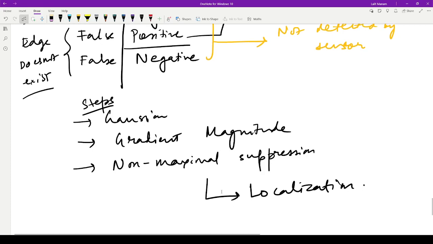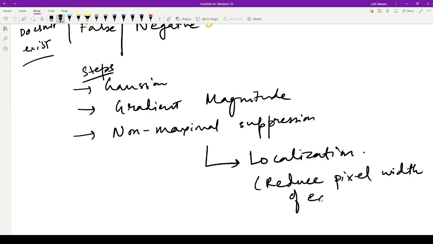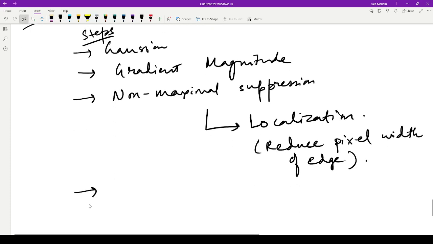Localization in the sense that your edge is ideally 1 pixel wide, but you might see the width to be 3 or 4 pixels. So it helps to reduce the pixel width of the edge. So this was actually cleverly defined, and on top of this, there was another thing called thresholding,